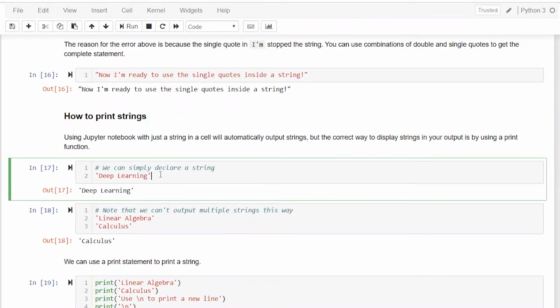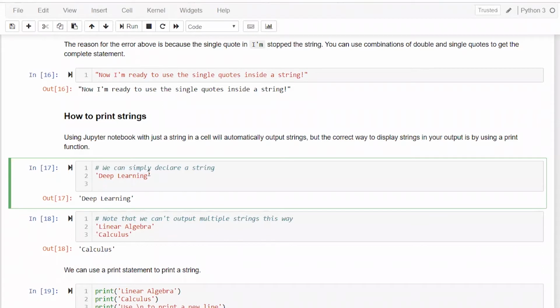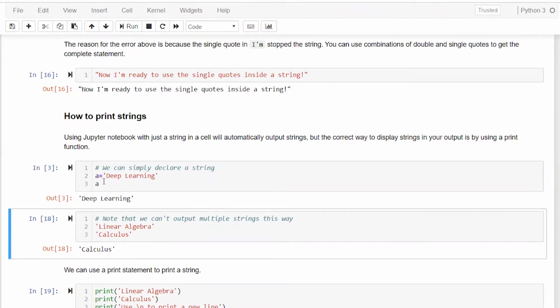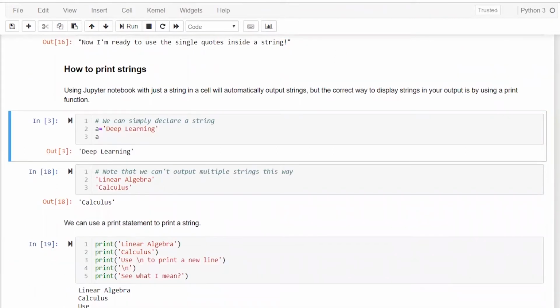One important thing which you should know in Jupyter: whenever you want to run a cell, you simply do shift enter. For example, if you write a is equal to 3 and then you write a, or I specify a is equal to deep learning and then I write a, I'll do shift enter. So do shift enter to run a particular cell. This will run for you, and that's how you'll print it.